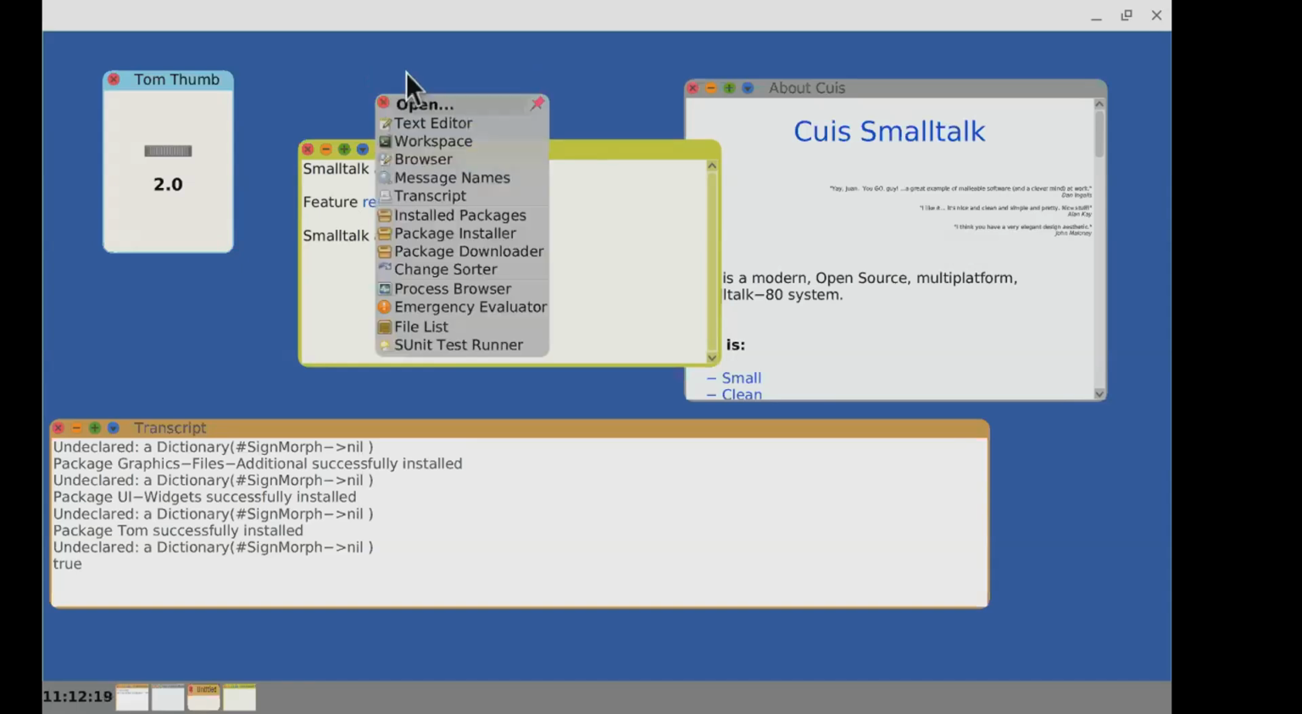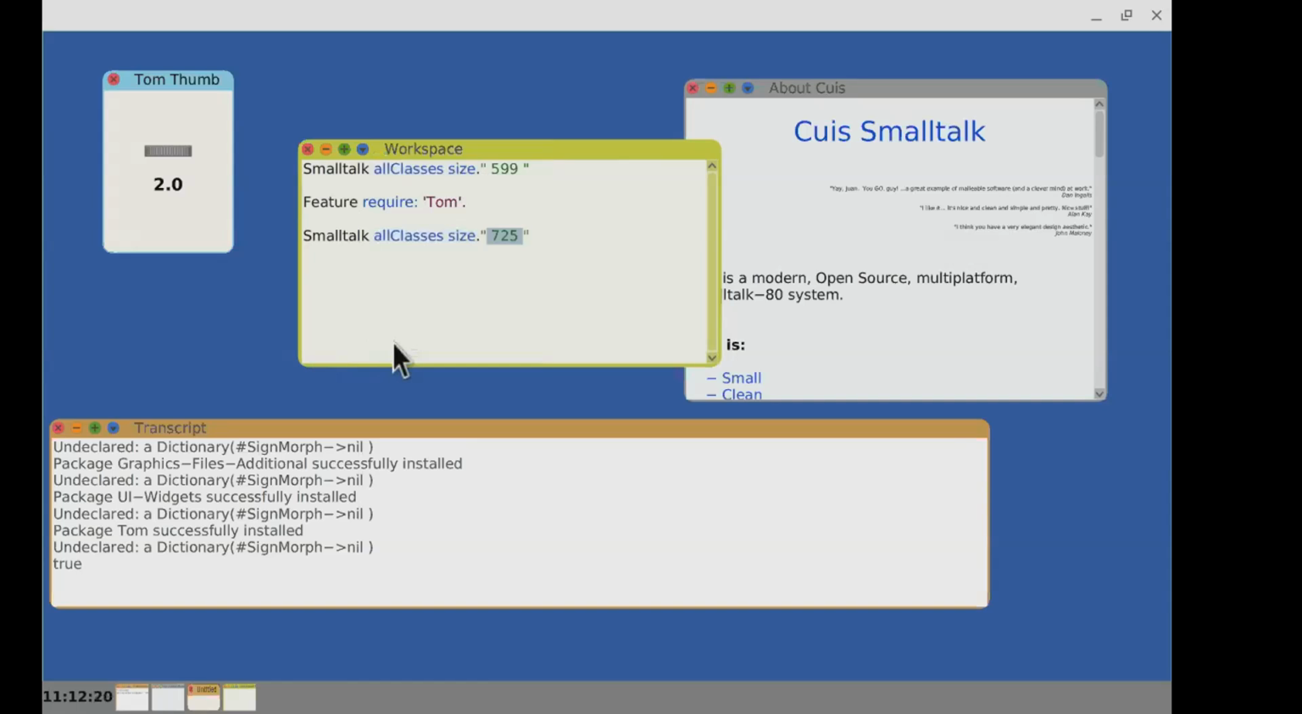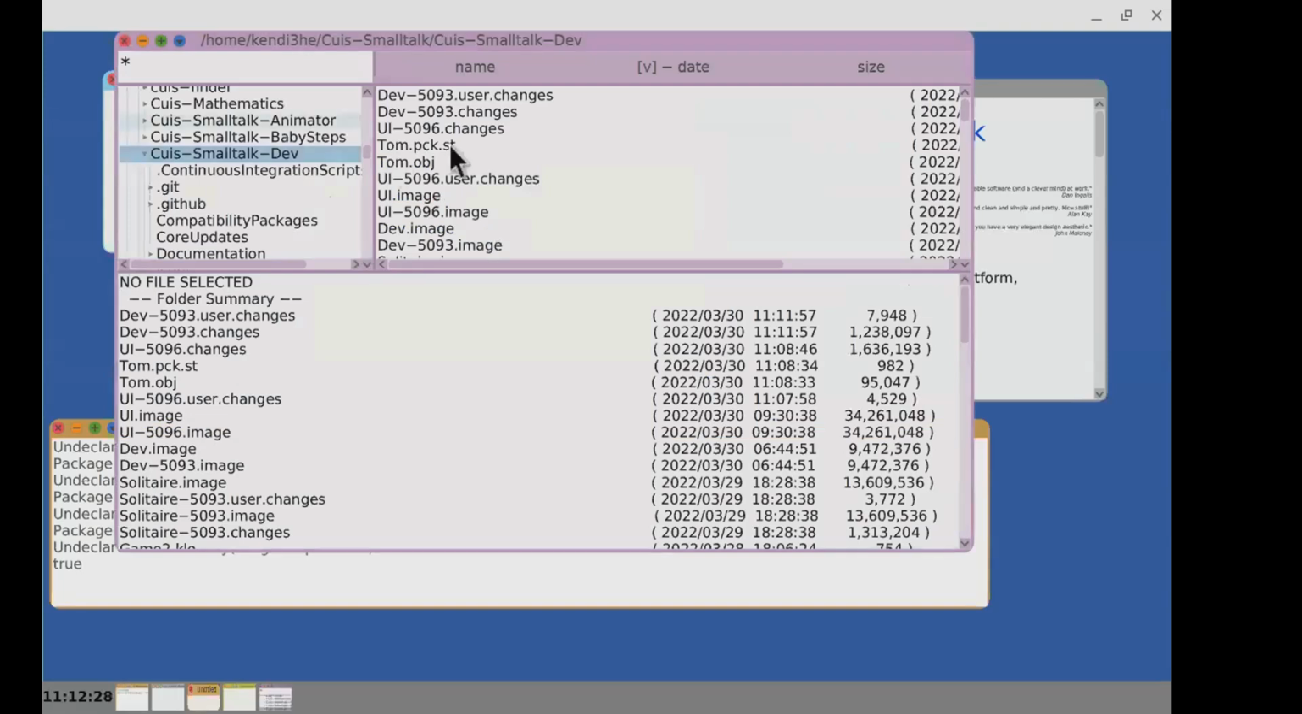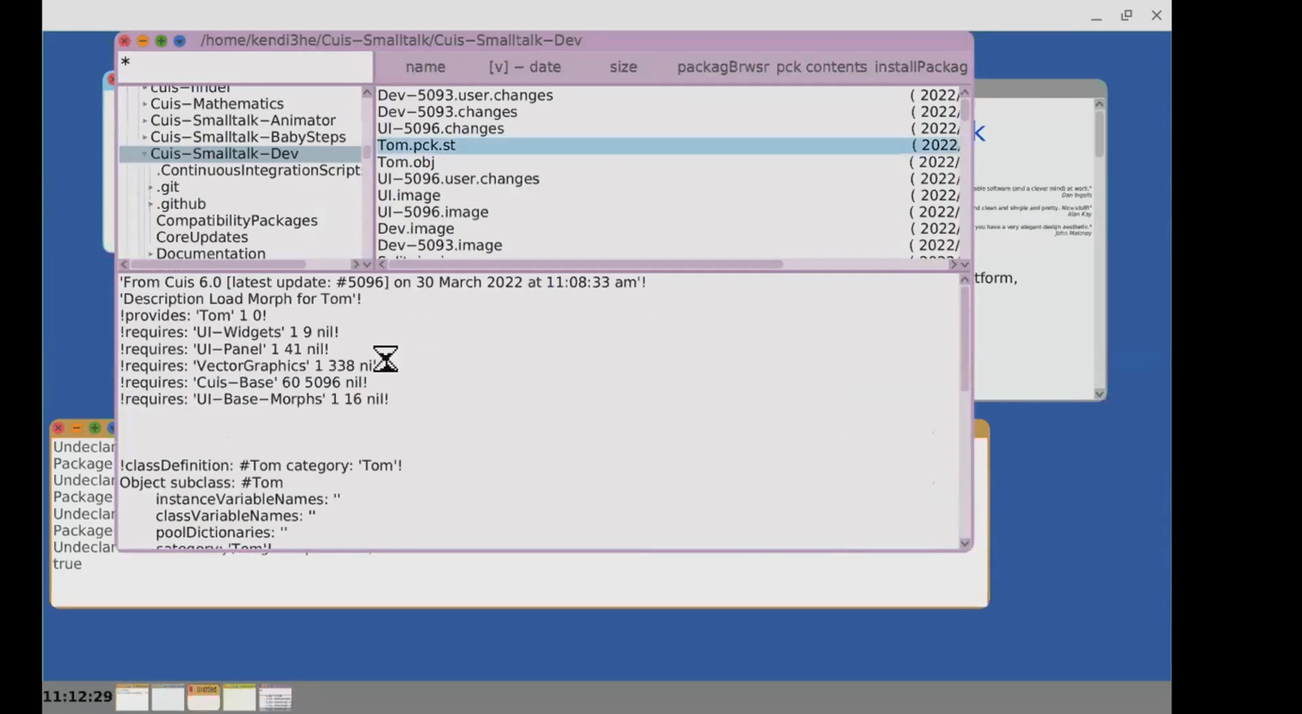And if I open a file list here, we should be able to see the Tom package somewhere. Sorry, this is a little slower image. Okay, so here's Tom, just to show you what the code is underneath. It provides Tom and it requires the UI widgets, the panel, vector graphics base, and UI base morphs. And each of those, of course, requires other things, which is why a bunch of stuff got loaded: the pre-flight transitive closure of the requirements,